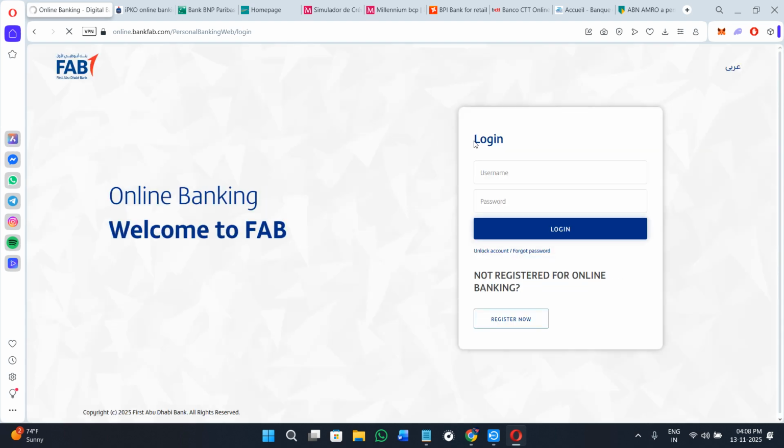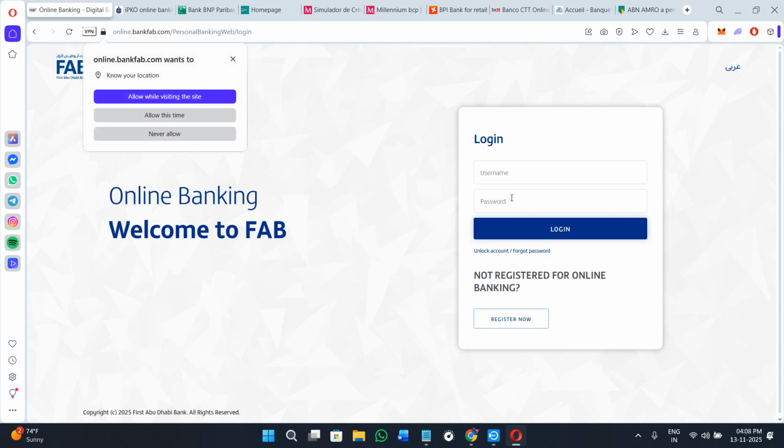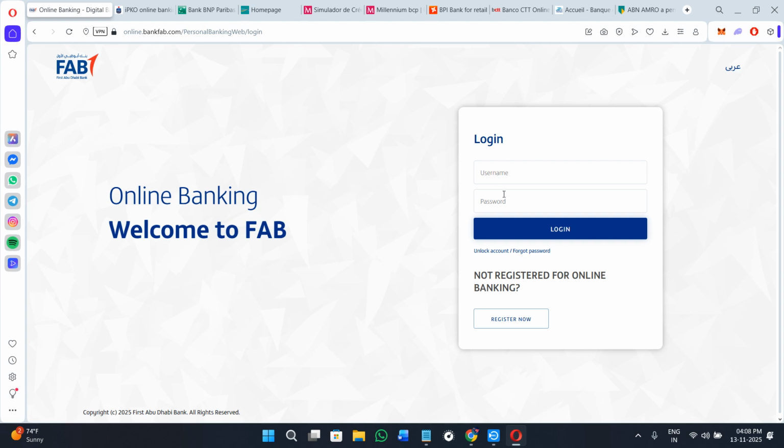Now it is going to show you this login option. Over here, simply provide your login credentials. That includes providing your username and your password. Then click on the option of login. So this way you will be able to get access to your First Abu Dhabi Bank online banking account dashboard. So with the help of that dashboard, you can check your balance, you can transfer the money, manage your cards